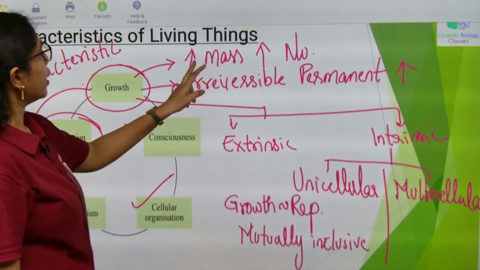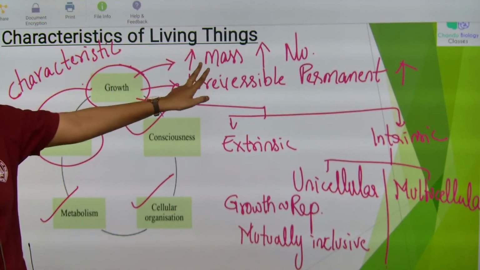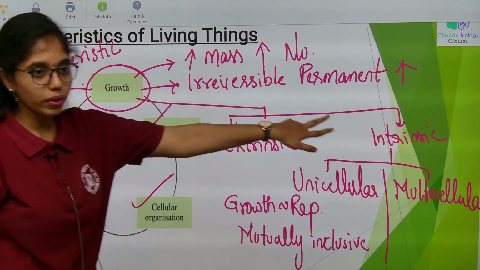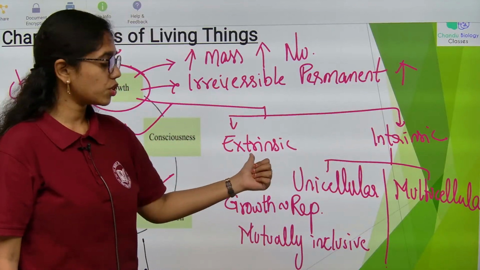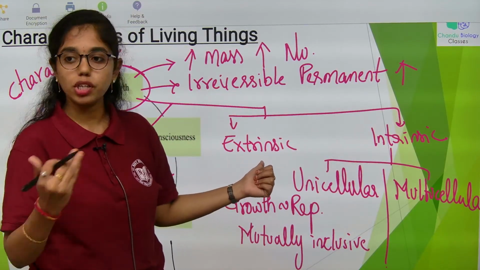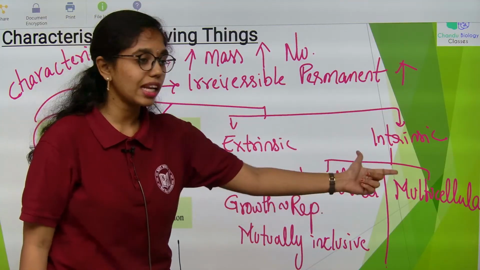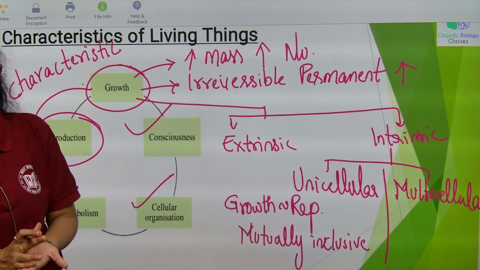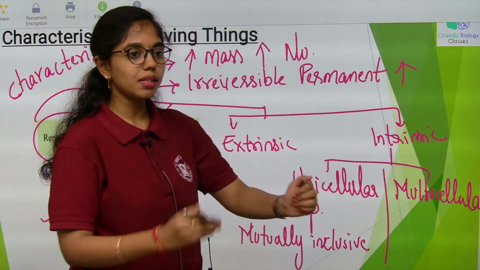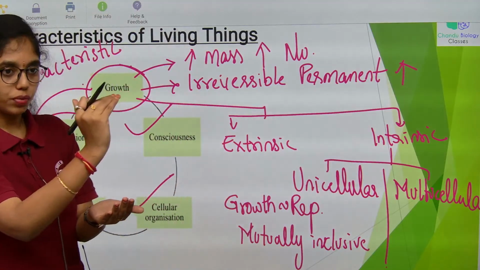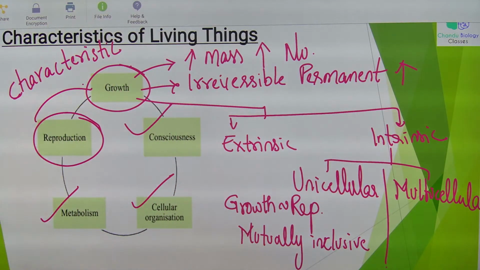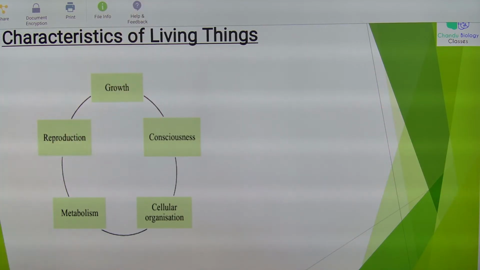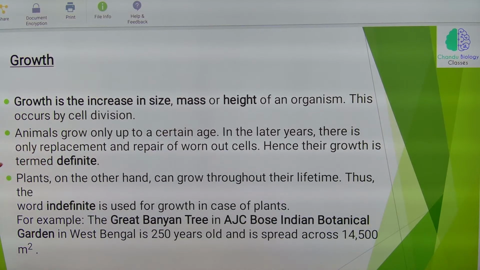Clear, right? So, here growth is nothing but increase in mass or increase in number. In living organism we define as irreversible permanent increase. It is of two types, extrinsic and intrinsic. Extrinsic is reversible change that happens in non-living things. Intrinsic for unicellular and multicellular organisms. Unicellular where growth and reproduction are mutually inclusive. Multicellular organisms, plants or animals, first they will attain juvenile phase and then reproductive phase. Clear, right ma'am? Next, reproduction also we will see. Clear description is given. Once let us look into the theory also.